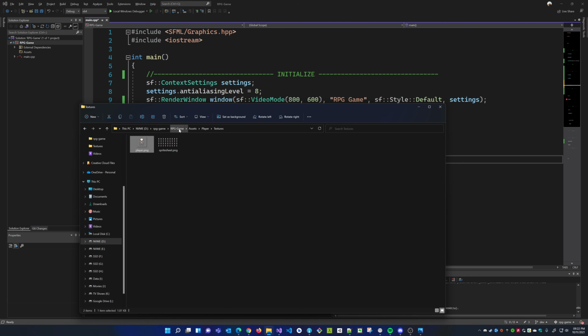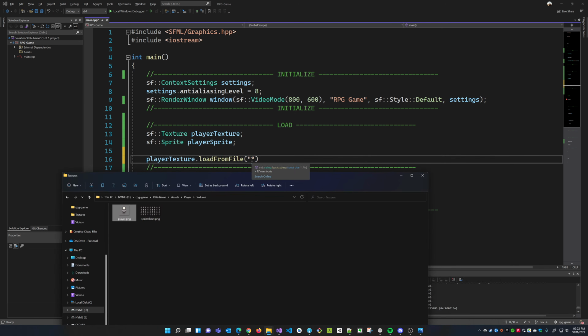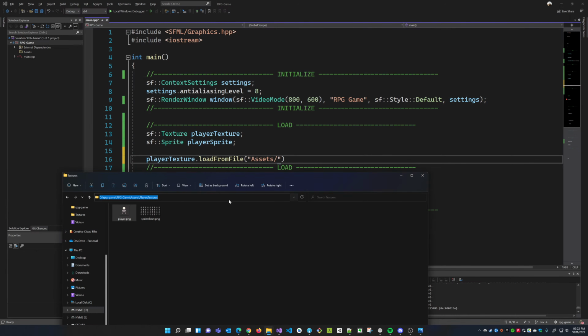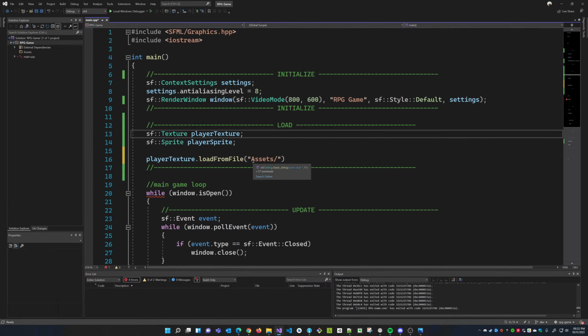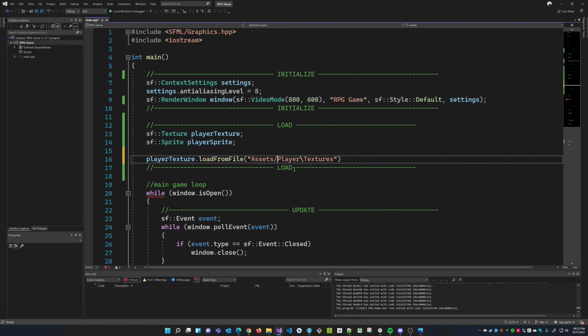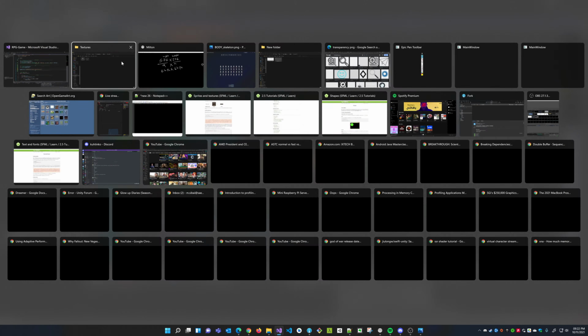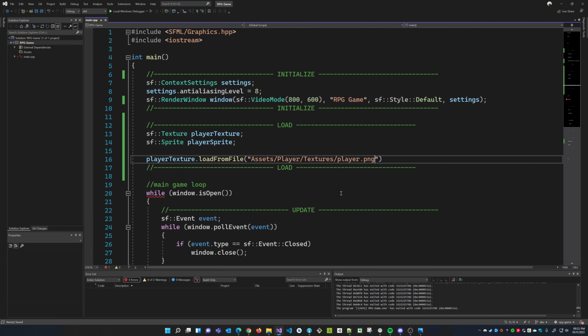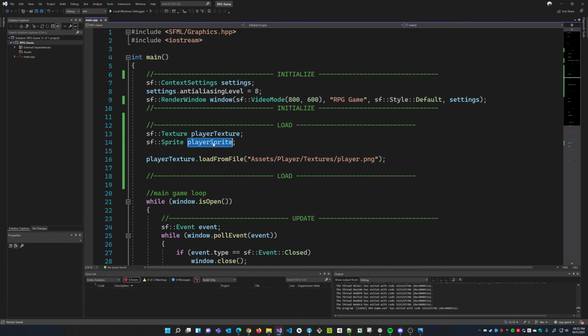And I believe, if I'm not mistaken, how this is done, I could be wrong. So I need to go to assets/ and copy this entire path. This is going to be a trial and error thing. I don't remember how to do this quite. So assets, player assets, and the actual asset name is player.png. Right? So that's my texture now. Semicolon. Now I need to assign the texture to my sprite.